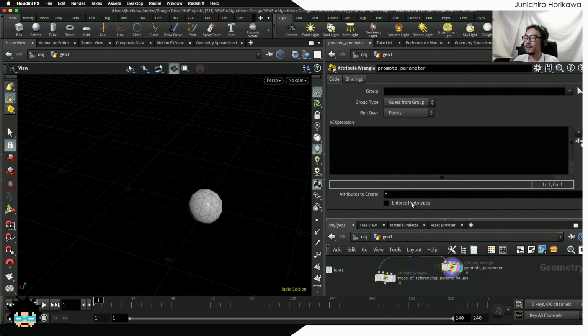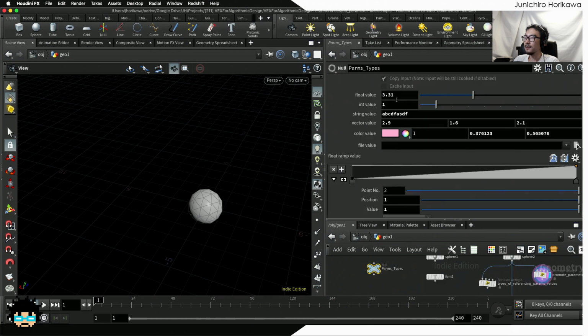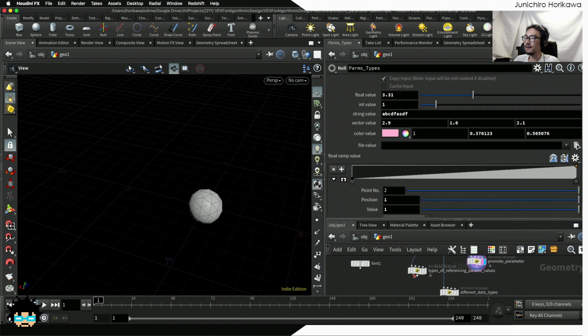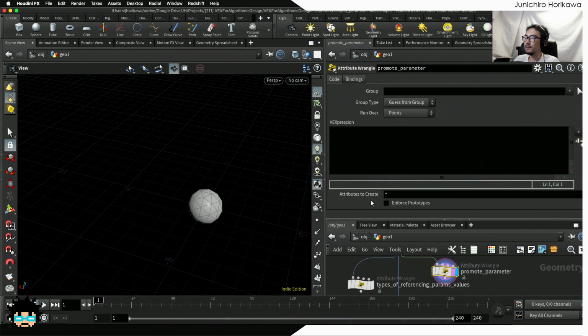And after you have created the additional parameter within the Wrangle node, what you want to do is link the parameter that you actually want to use from a params types null node, for example this float value, by copying this value, then pasting it as a reference to the newly created parameter channel underneath this VEX expression code editor. And then